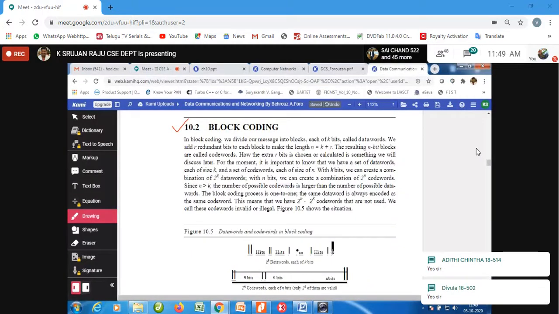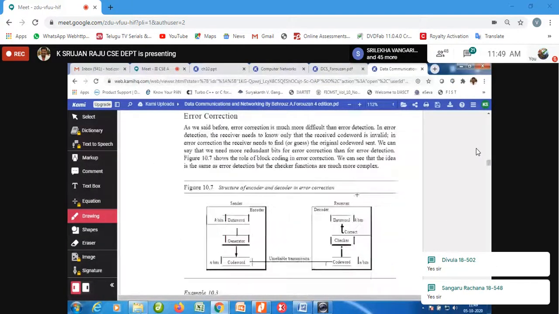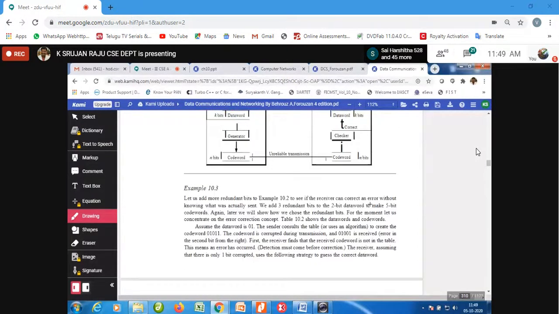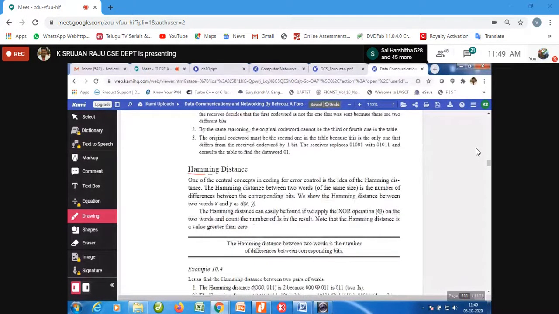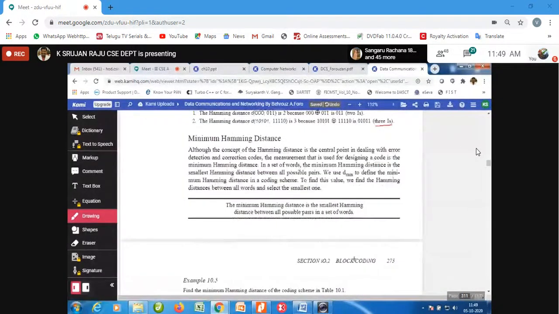So now here we are discussing error correction. Under error correction, we have discussed how we are going to use the Hamming distance. One example which we have seen: by looking at Hamming distance, how we detect an error, and then how we are going to correct it. Now the 3 ones are there. We will come back to the minimum Hamming distance. To correct it, what are the minimum things which we require?